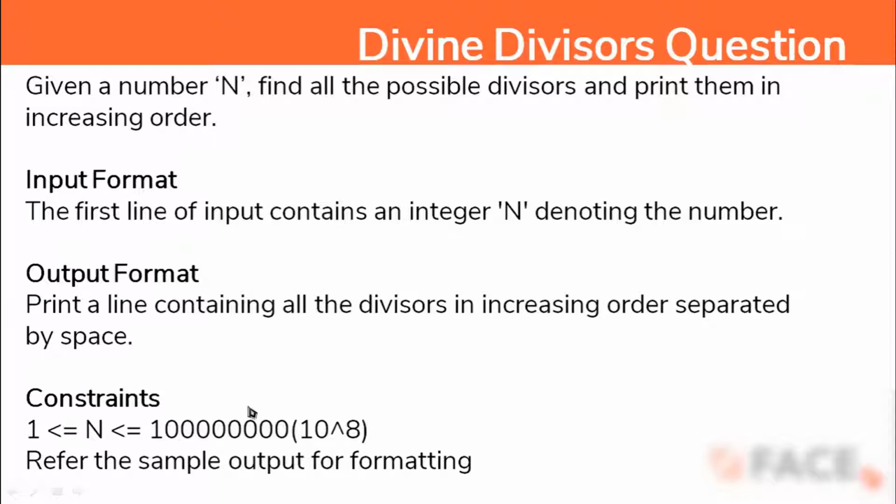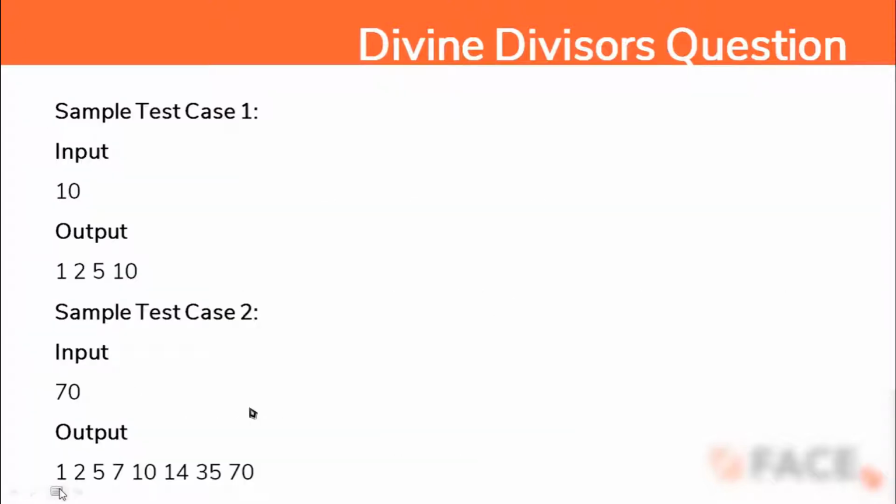So let us see some of the sample cases. Here we can see the input is 10 and the output is 1, 2, 5 and 10. We can also just simply go from 1 to 10, but that won't be the most optimal solution. We can also try to go to half of the number, that is n by 2, because after n by 2, like after 5, there will be no divisor of 10. This is just a common truth of math which you can apply here. You can just go to n by 2 and get this done, but we are going to optimize it much further.